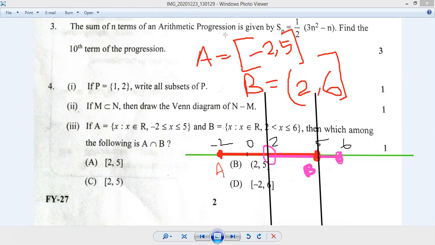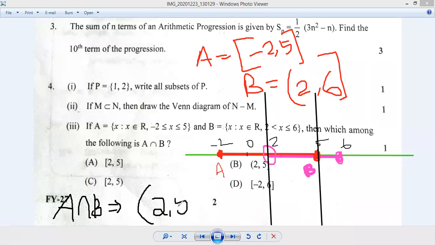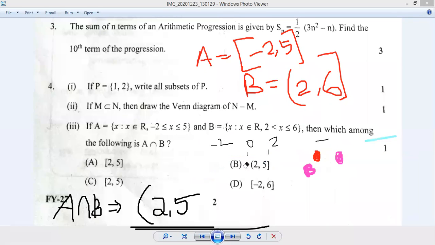Now this region in between the two lines is A intersection B. But here 2 is not present in this interval; 2 is outside this interval, and 5 is inside this interval. So the entire region in between these two lines will form A intersection B. I'll write the answer: A intersection B is equal to the set open interval 2 to closed interval 5. So the answer will be the option